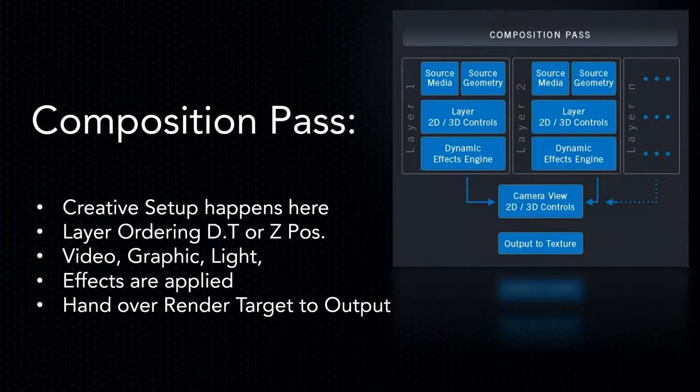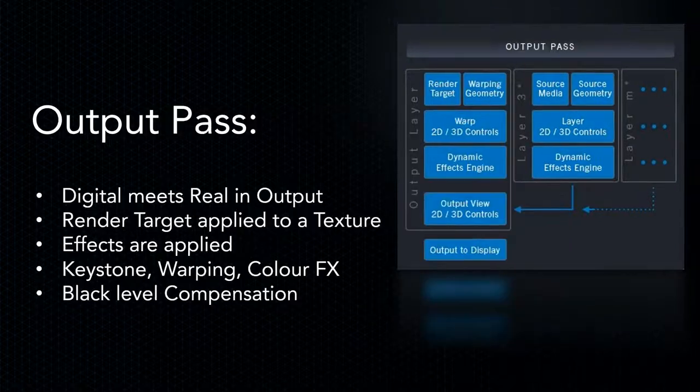Then we look at these with our cameras, and our cameras take this render target and hand it over to our output pass. And our output pass is also really helpful because it gives us a lot more flexibility in how we work with things inside of our 3D engine and our 3D environment. So if I go to our output pass,